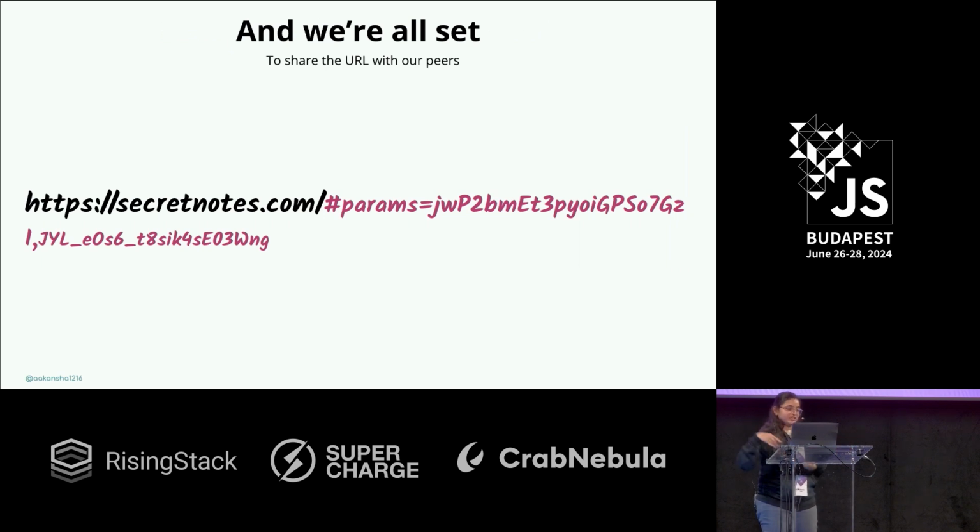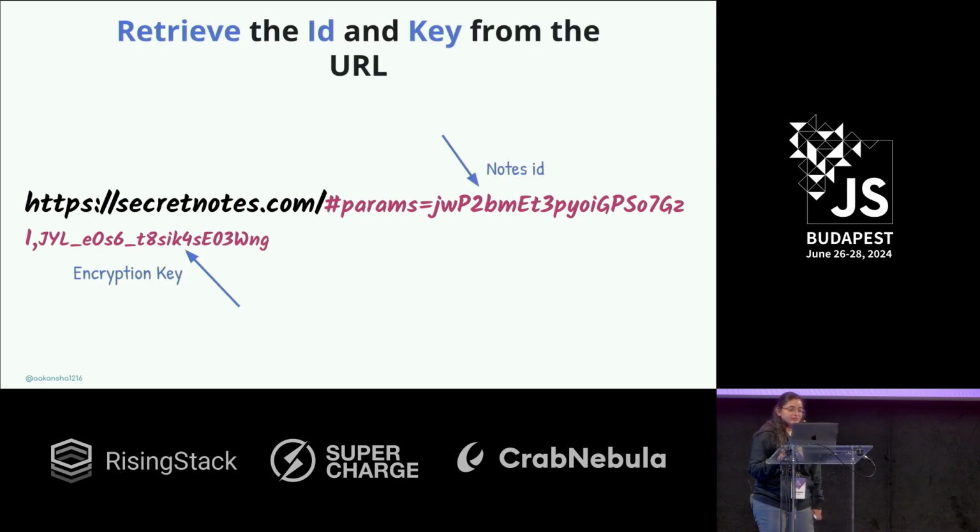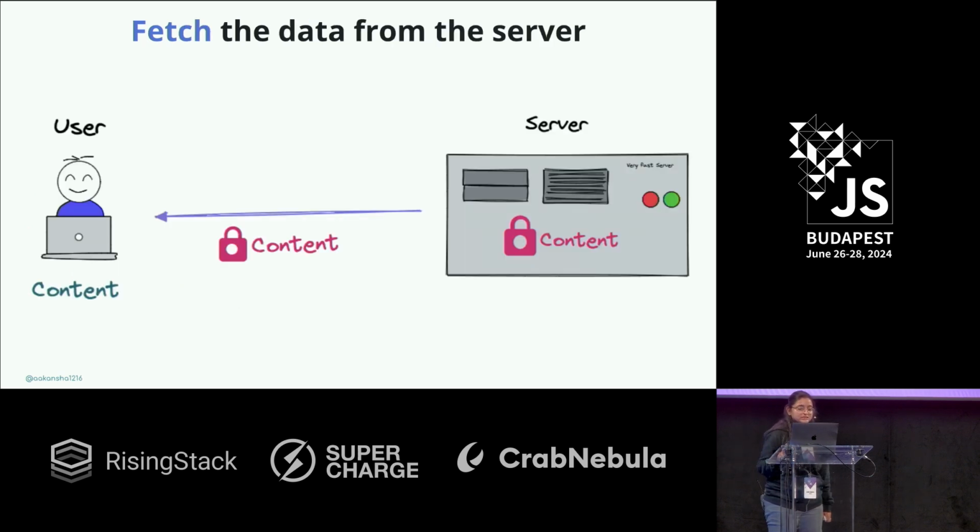Let's assume that we have hosted it somewhere, secretnotes.com, and I'll just share this URL with you. I'll have the notes ID as well, so you can fetch it from the server, and I have the encryption key. Now I have done my part. When you receive this URL, you have to decrypt the data at your end. The first thing you will do is fetch the payload from the server using the notes ID, and you have the encryption key. So first, let's fetch the content from the server.